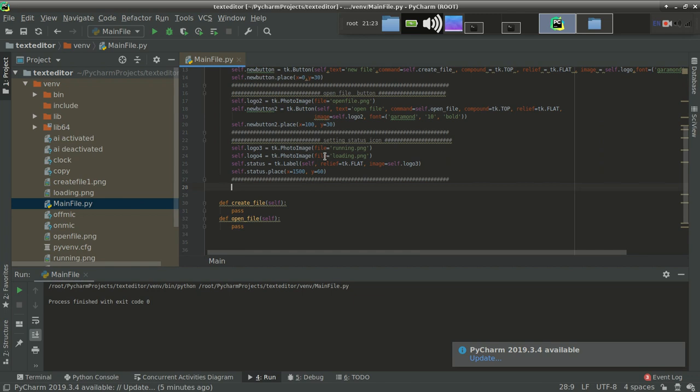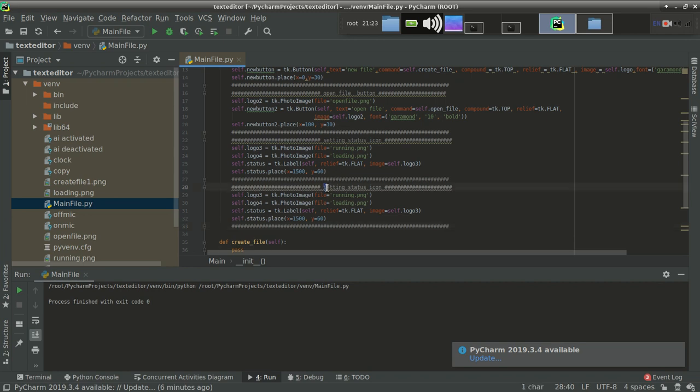So this is the scroll text. Just copy it again and change the name to scroll text panel.